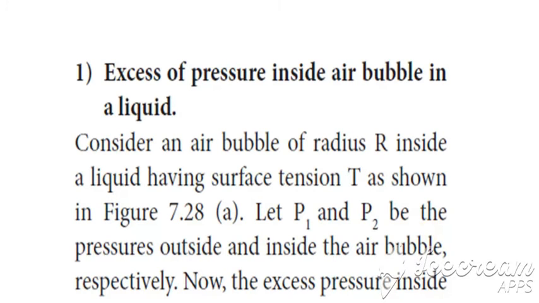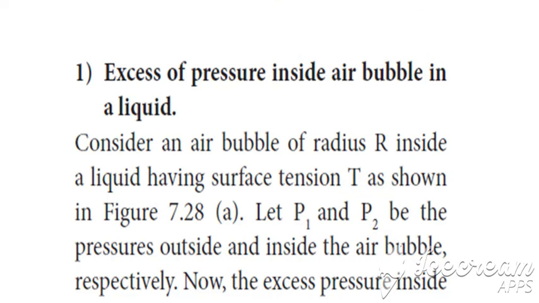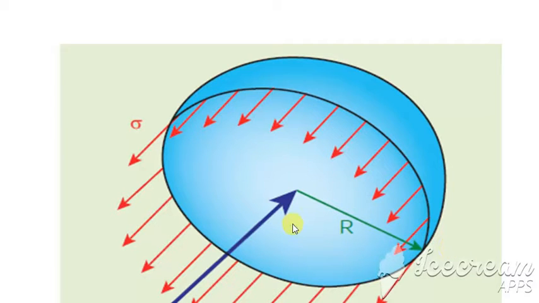Here we have the excess of pressure inside the air bubble. Consider an air bubble, and that air bubble has a radius r. So consider this to be the air bubble. This air bubble has a radius r, tension which is denoted as T, and the pressures, let us write them as P1 and P2. Now if you have to find the change in the pressure, that is written as del P, and that is given by P1 minus P2. So this is a surface, this has a radius, and this is a pressure. And it has a density.